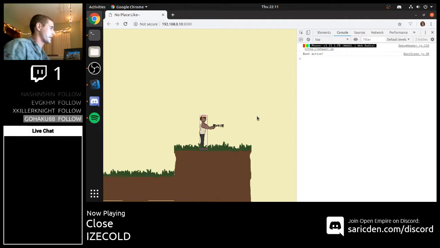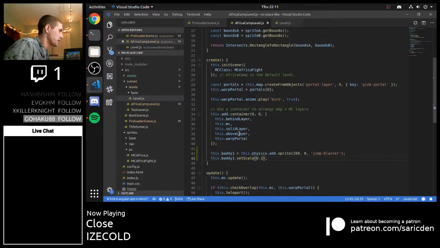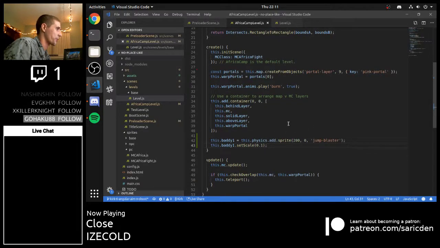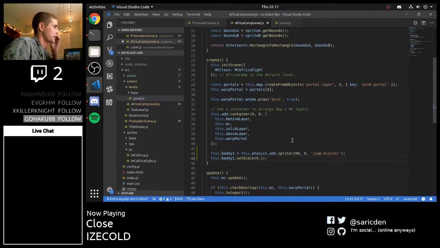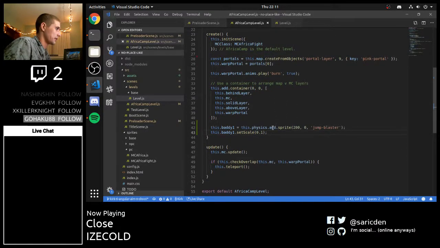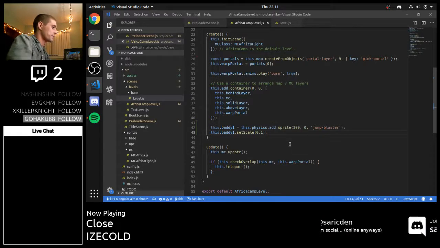That's like a fine size. That works for me. 0.1 scale. It's a little overkill though, but again, we can optimize later. Premature optimization is the root of all evil. Anyways,